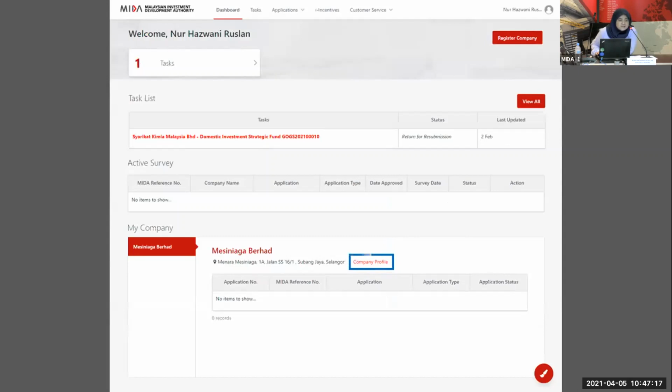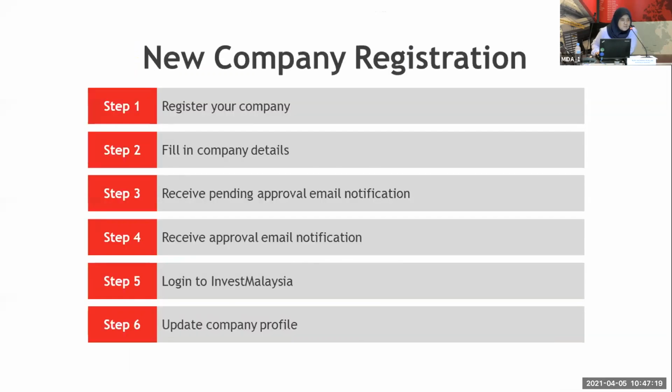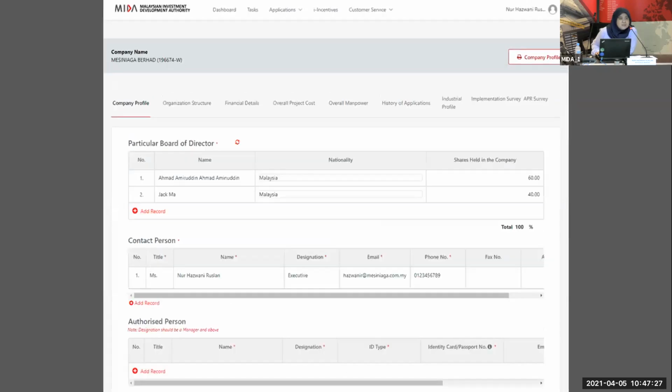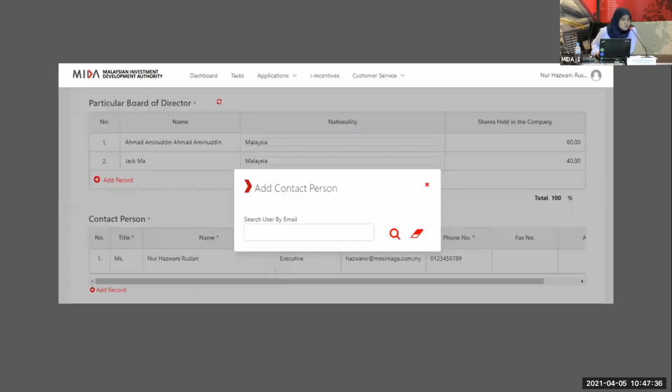The same process applies: you have to update your company profile. Update your correspondent address, your registered address, your phone number, and then update your contact person as well, similar to what I've explained earlier. You can update your contact person, or add a new one. The contact person must be a registered user.